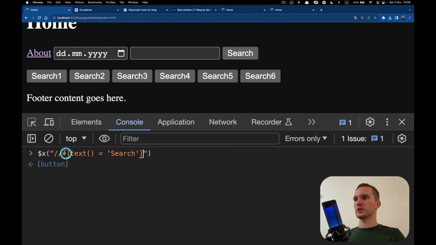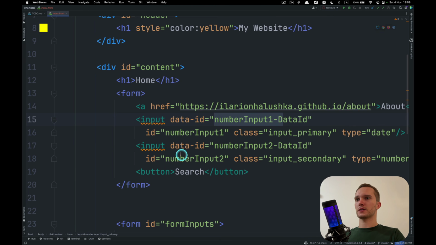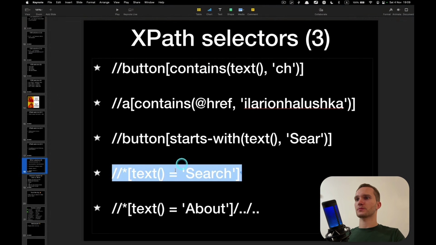No matter which tag it has, it will find this text. Okay, search, let's say about, doesn't matter. Whatever text you put here, it will find any type of element. Content goes here. So this is exact match.